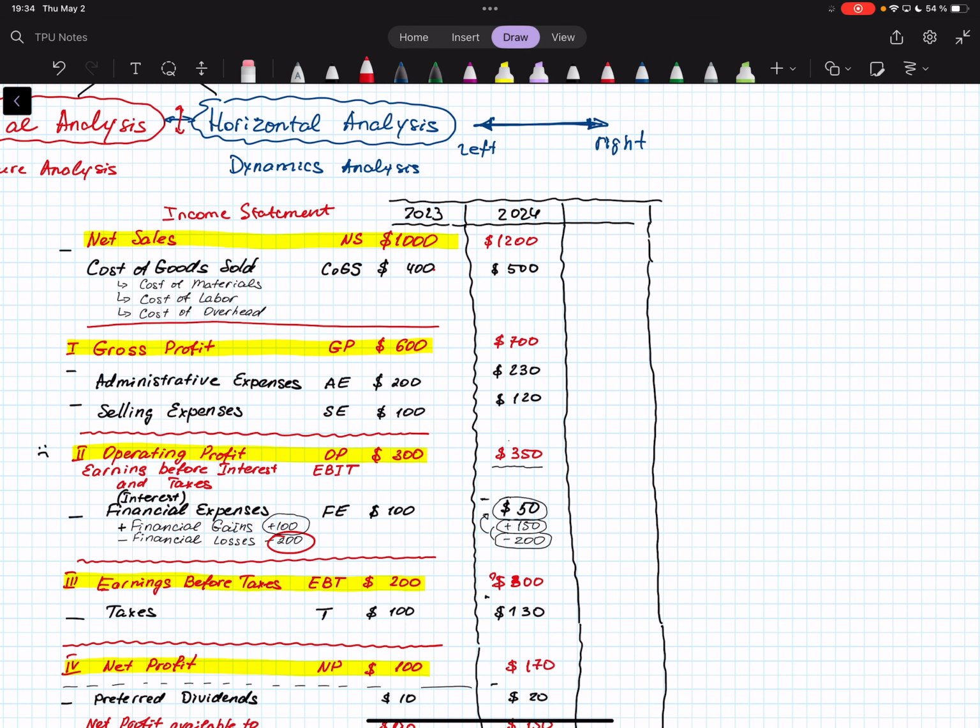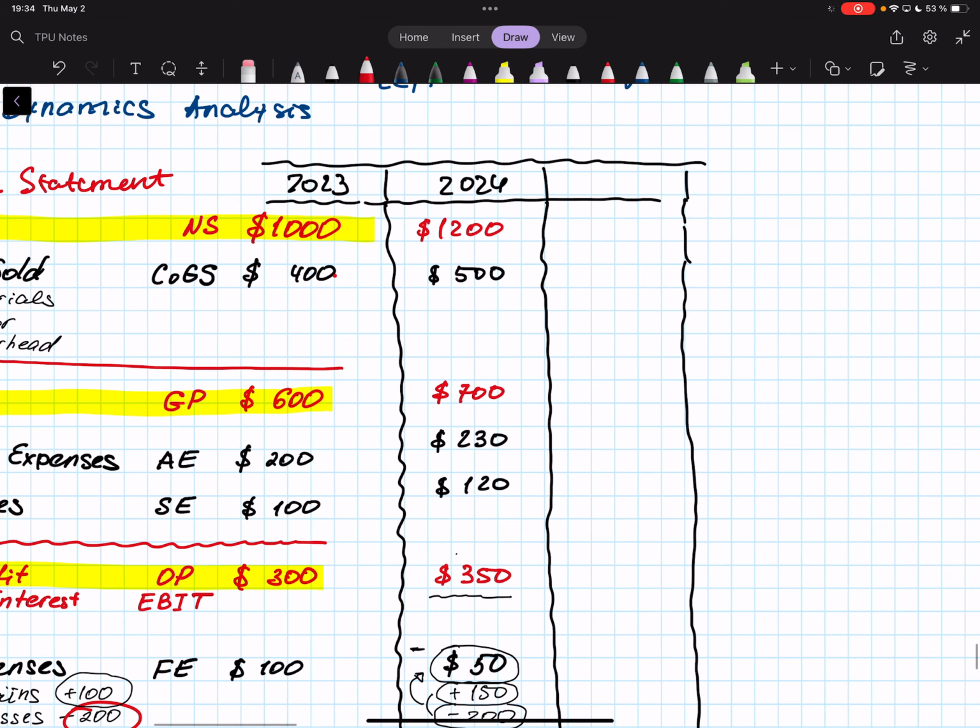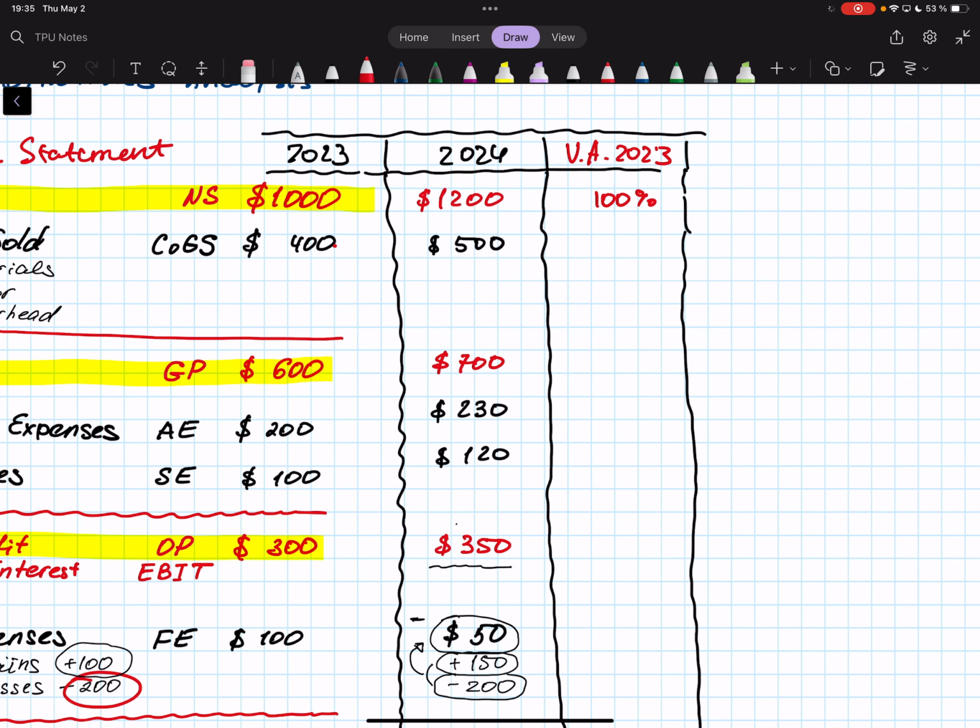So let's move to the vertical analysis. The vertical analysis works like this. Let's say we want to analyze the structure of the year 2023. The foundation will be our sales. So this will be the vertical analysis for 2023. The foundation is taken as 100%. Okay? So if 1,000 is 100%,